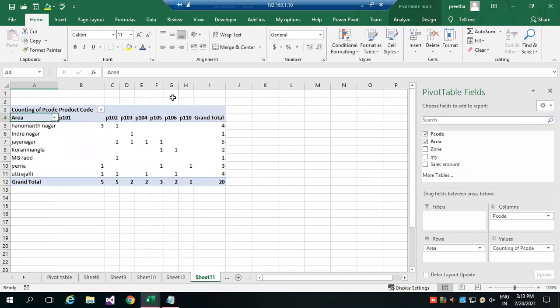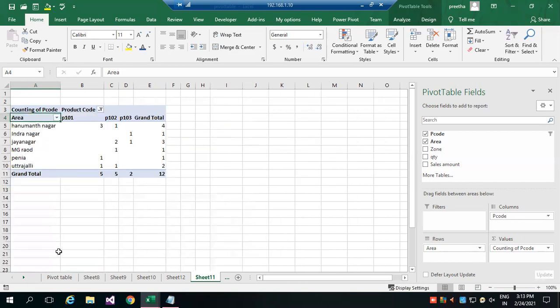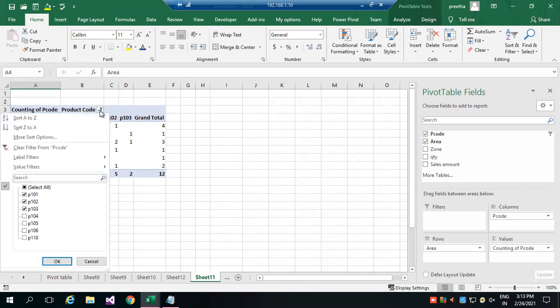So I have organized. Now from this, I don't want to show for all. Suppose I want to show for specific products. So I can filter. You can see, already the basics of filtering we have learned. How do you select only for specific products? So now instead of all, it is showing only for product 1, 2, and 3. So in the report, I can finally filter as per your requirement.